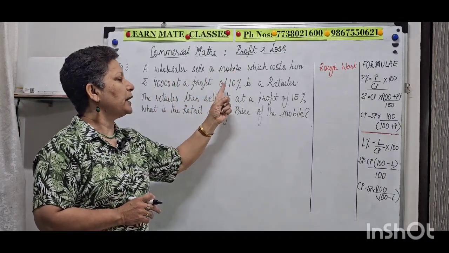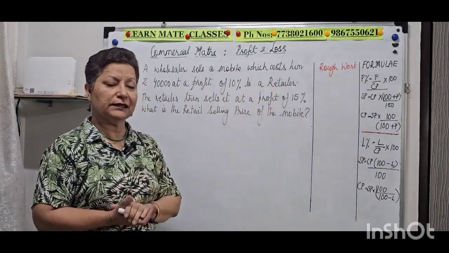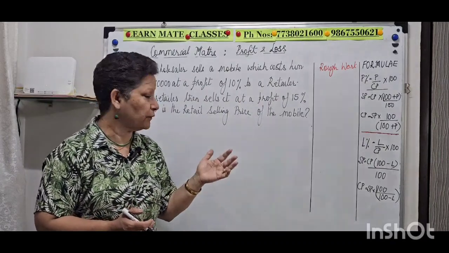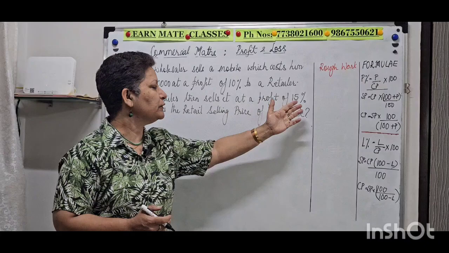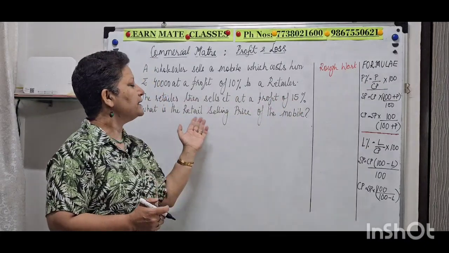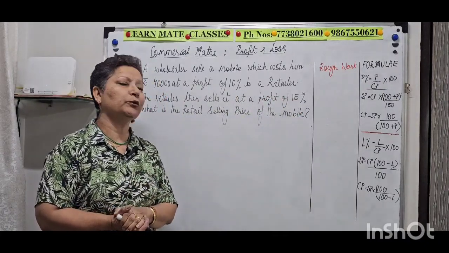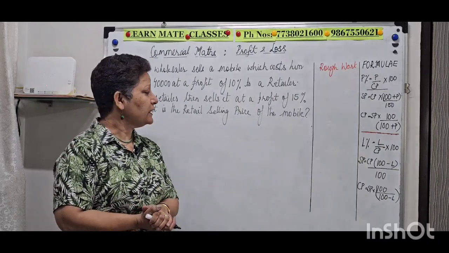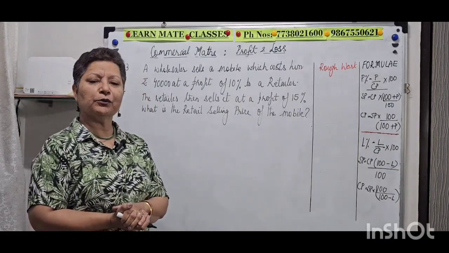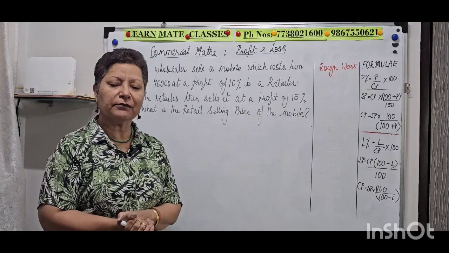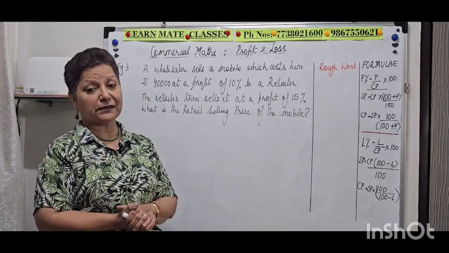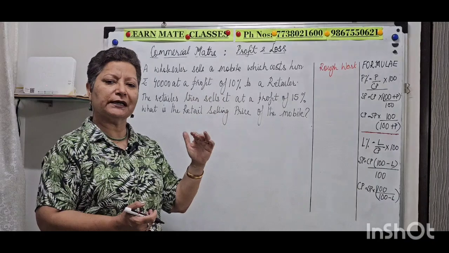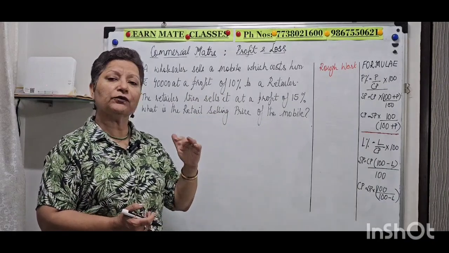So this wholesaler sells a mobile which had cost him 40,000. He's selling it at a profit of 10% to a retailer. The retailer in turn, obviously, is also going to build in his profit. So he sells it at a profit of 15%. What is the retail selling price of the mobile? So what is it that the customer is going to pay for it? Retail selling price is nothing but what the customer actually pays. So there are two sets of transactions, one from the wholesaler to the retailer and next from the retailer to